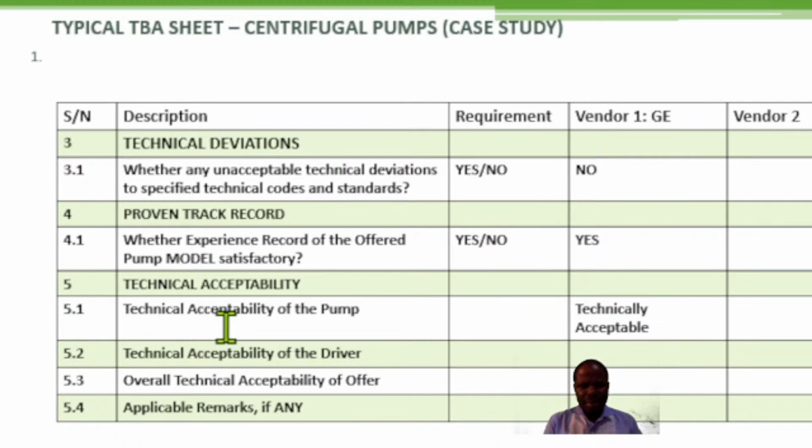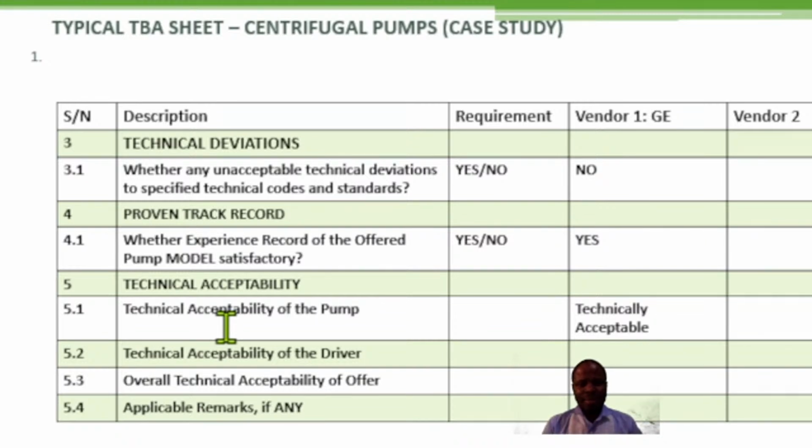But technically, if you are the job engineer responsible for carrying out technical bid analysis, these are some of the pointers that you need to look out for, that you need to check, to be able to do a thorough analysis of the respective bids, of respective offers that you have from different vendors, before you can finally say, oh, these 3 vendors out of 10 vendors that have submitted their bids have met 80% of our project requirement, has met 80% of the standards, the basic design conditions, governing the basic designs